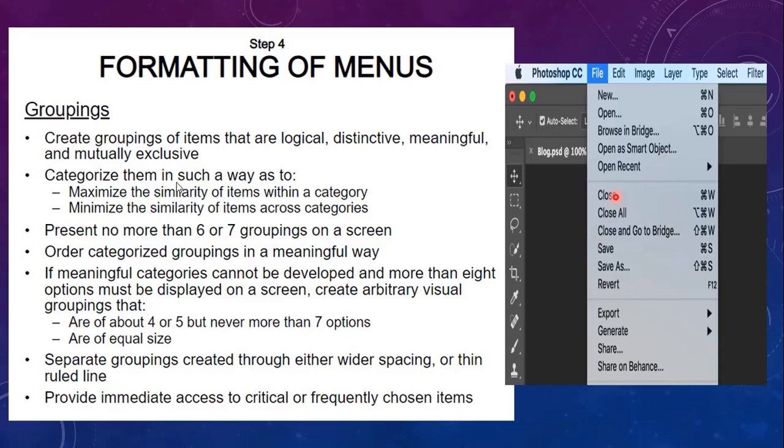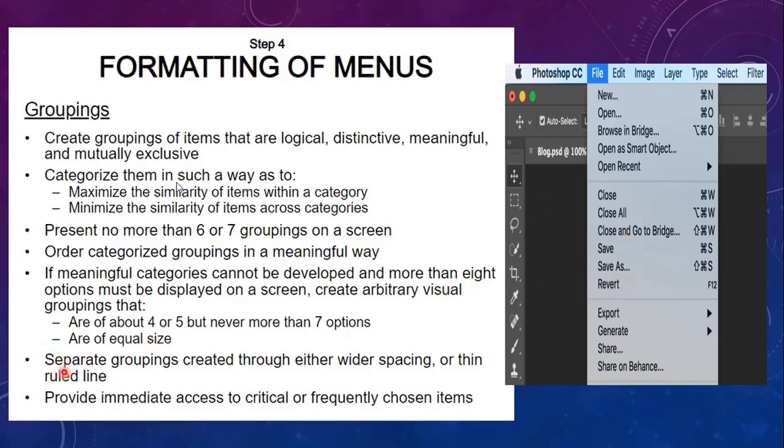Okay, so for example here, how many items do you have? 1 2 3 4 5 6. Okay, about 6. Here also, if you are seeing the first option, 1 2 3 4 5. So it is below 7, you can say. So you can create a group of 4 or 5 items together, and it should not cross more than 7. And also you can have equal sized grouping, so that is also possible here.